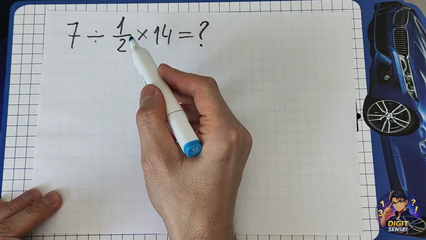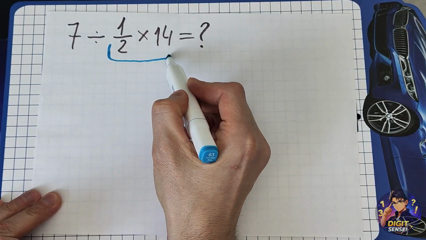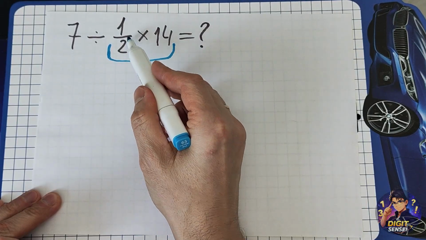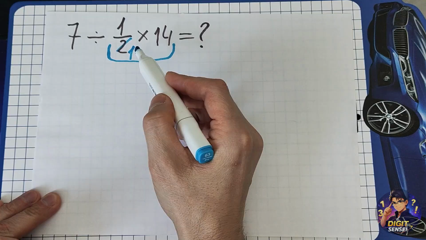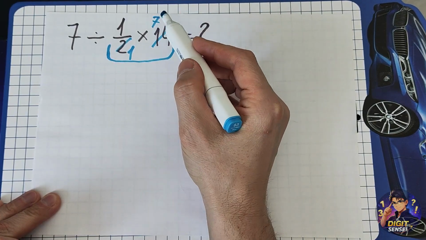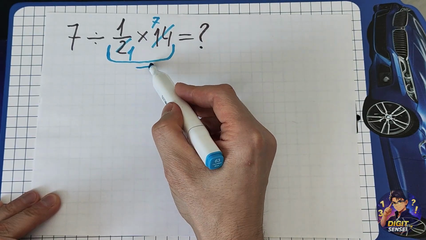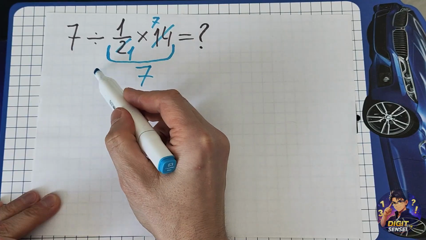First we do this multiplication. 1 over 2 times 14. 2 divided by 2 equals 1, and 14 divided by 2 equals 7. So here we have just 7. And 7 divided by 7